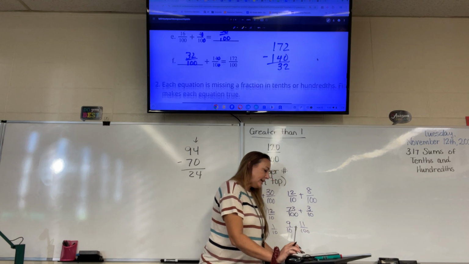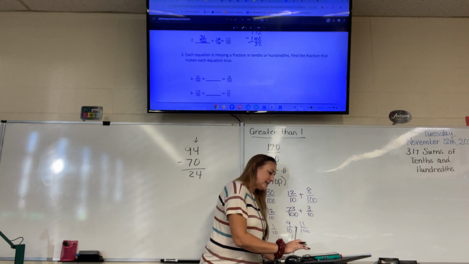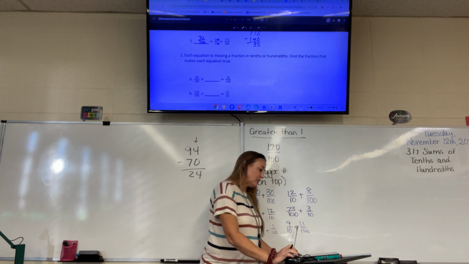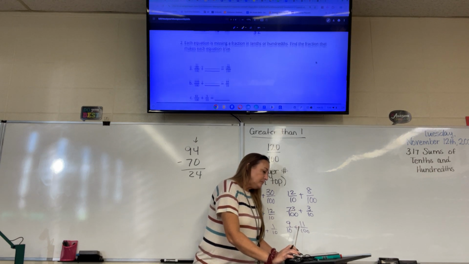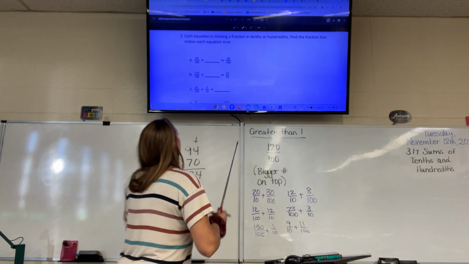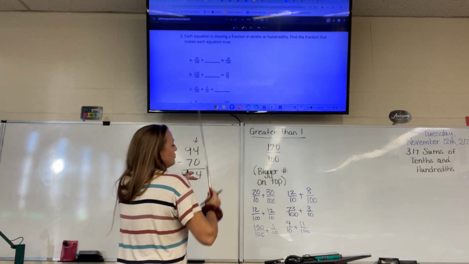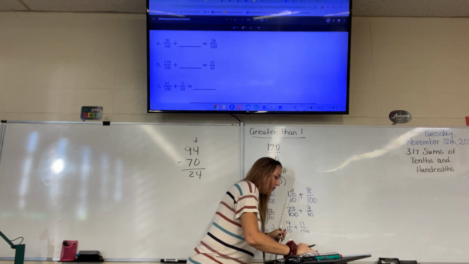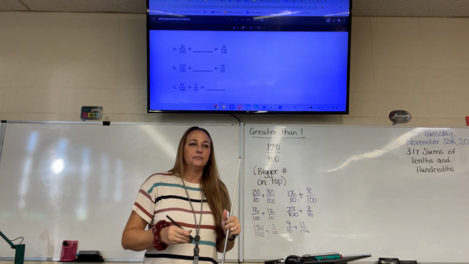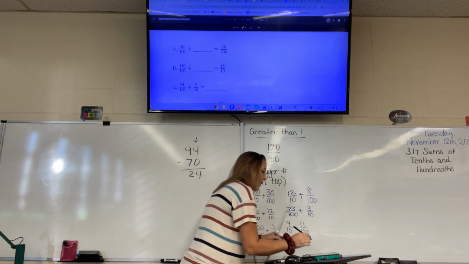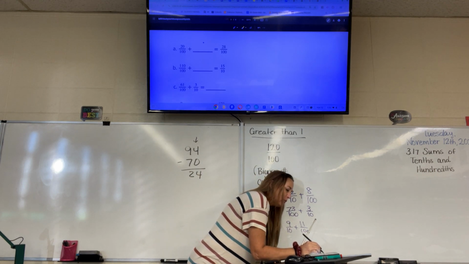Okay. Each equation is missing a fraction in tenths or hundredths. Find the fraction that makes the equation true. Okay. And then on this fraction, we have 20 hundredths plus something equals 28 hundredths. What do you think is missing? 8 hundredths. Very good. After you plug in what you think is missing, what I would like for you to do,